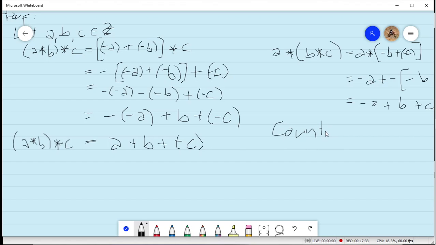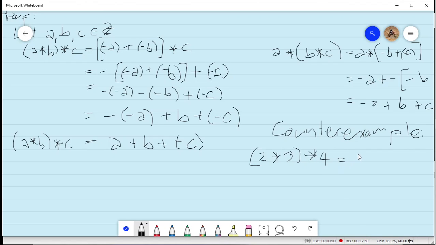We show a counter example, just like what we did in our first example. So take for example, let's say 2 operation 3 operated to 4